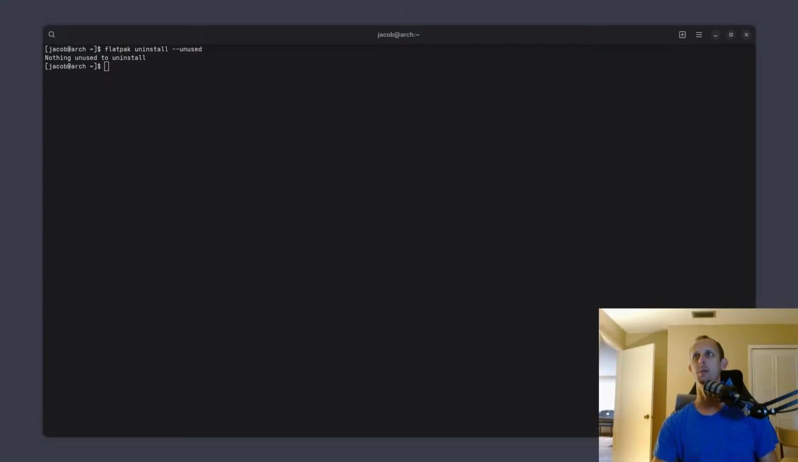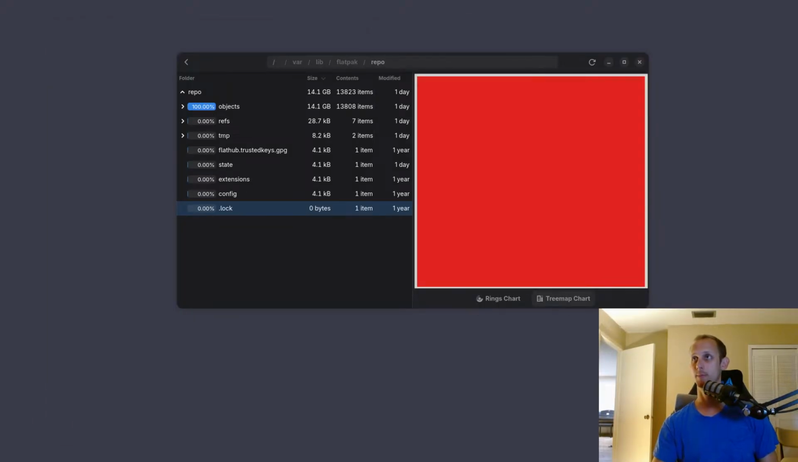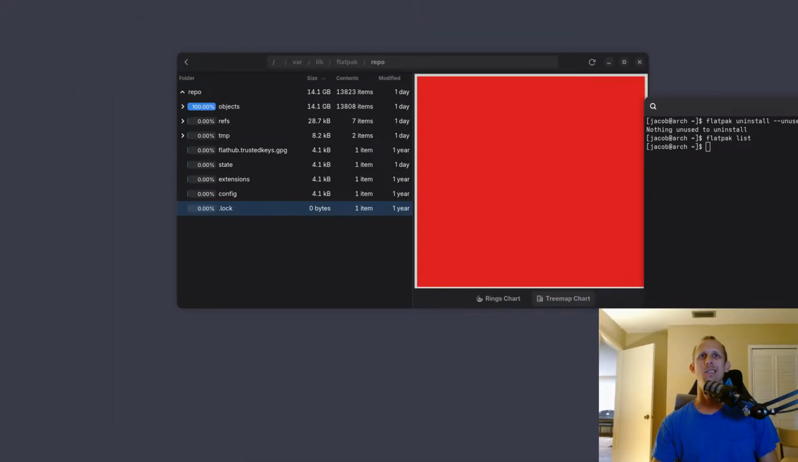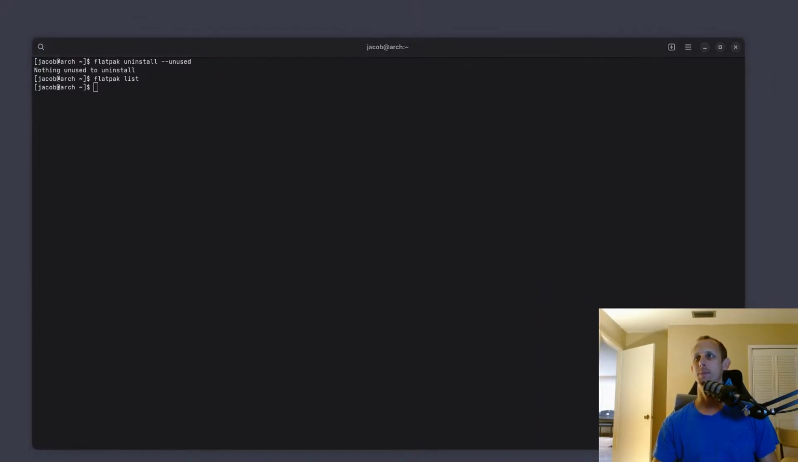Arch Linux. How to see what I've installed with Flatpak. Flatpak list. Hold on. It's literally empty. The problem is Flatpak is using